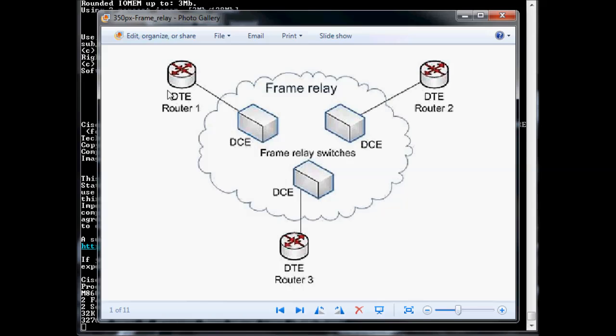But I might have to send the frame through multiple hops. I'm going to send it to my gateway. He's going to send it up to its next gateway, and so on and so forth